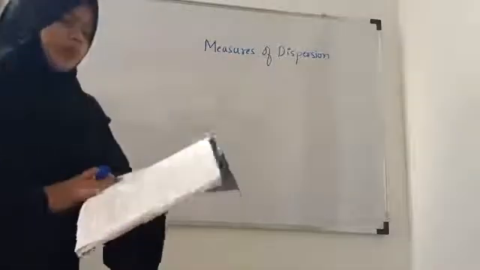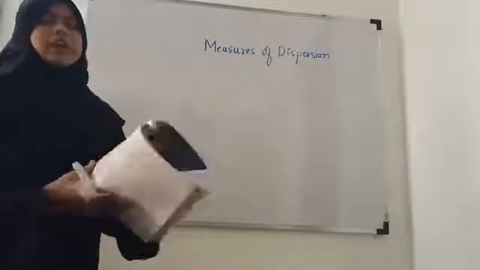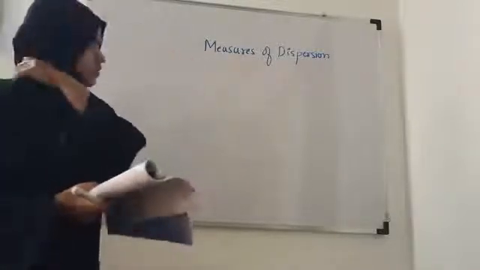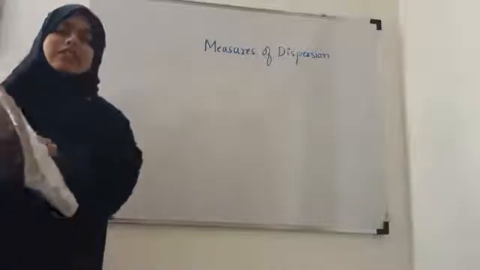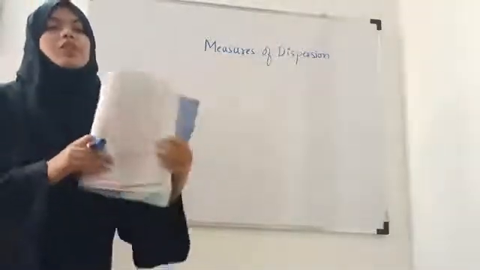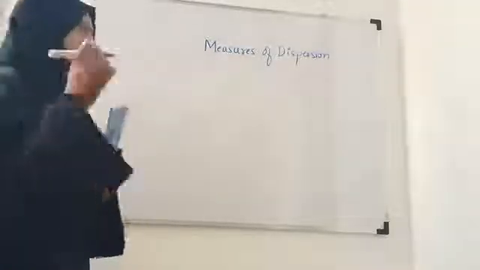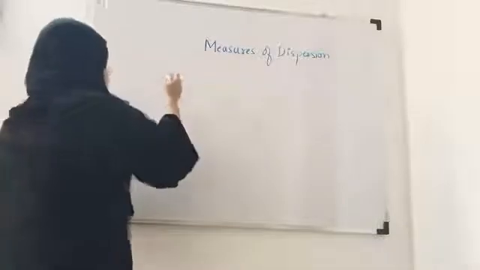Hello students, we are doing chapter number 8, measures of dispersion. In the previous class we have seen range and the formula for the variance and the SD. Now in today's class we will see how to find out the variance and the standard deviation for the different type of data. Okay, so usually we have three types of data.